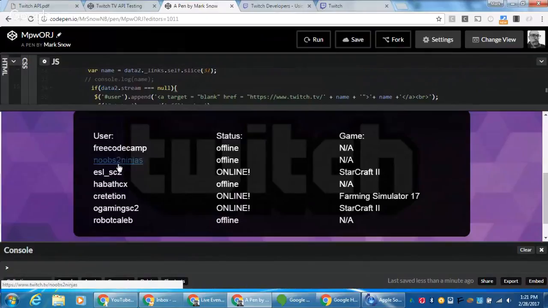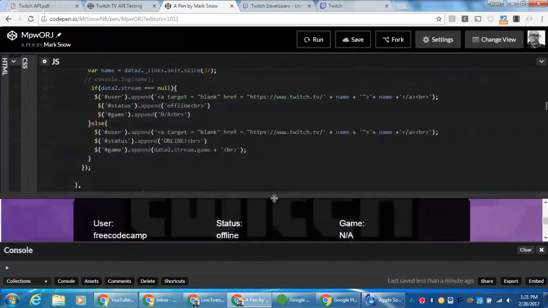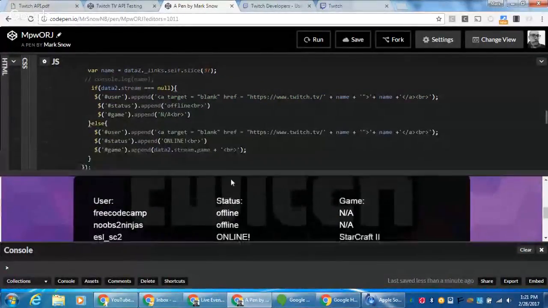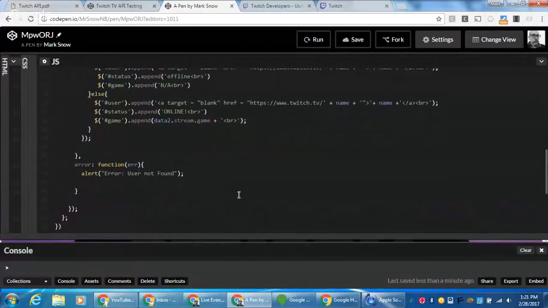freeCodeCamp is offline, noobs, and there all of my links work, and they're good to go. And look, the ones that are online gives them the game. All right, well, since we know how to do this now, why don't we do something similar? So instead of giving ourselves an alert, under our error handling, we know that their stream is just not live, right? So what I'm going to do is I'm going to take their